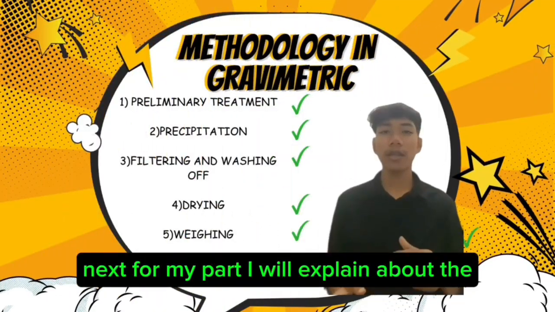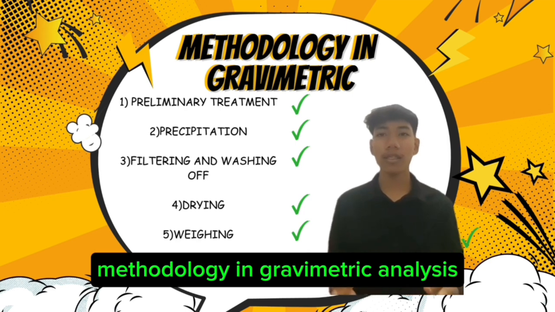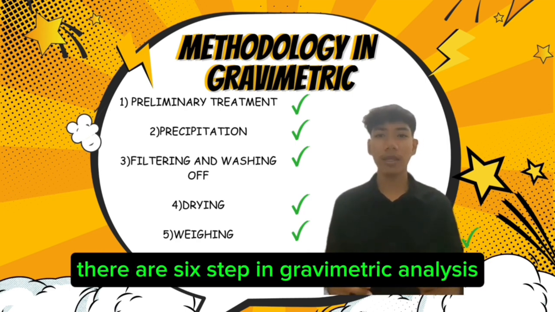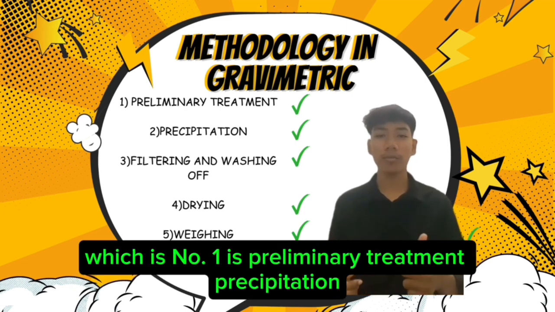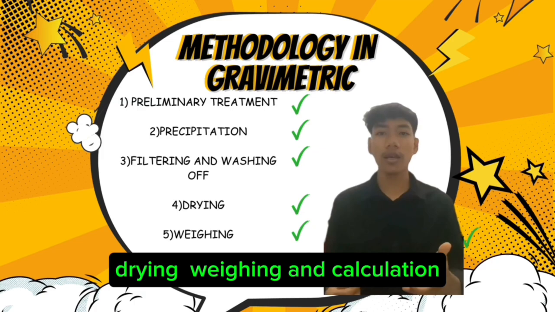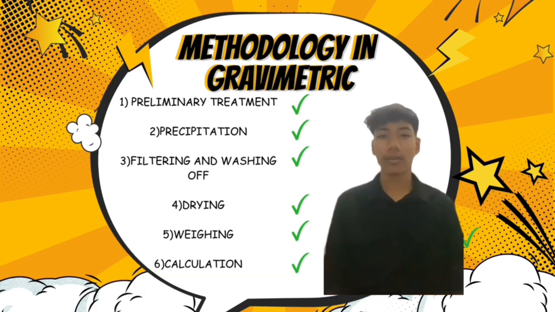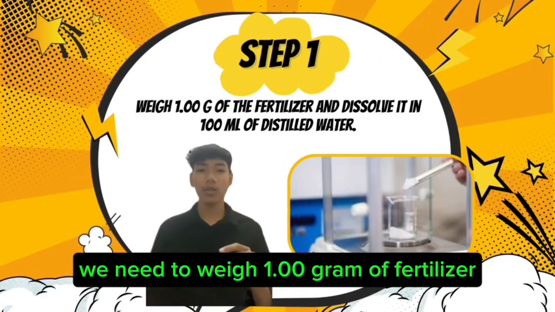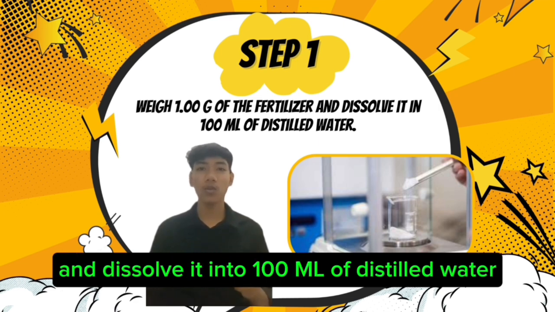Next, for my part, I will explain the methodology in gravimetric analysis. There are 6 steps: preliminary treatment, precipitation, filtering and washing, drying, weighing and calculation. For step number 1, we need to weigh 1.00 gram of fertilizer and dissolve it in 100